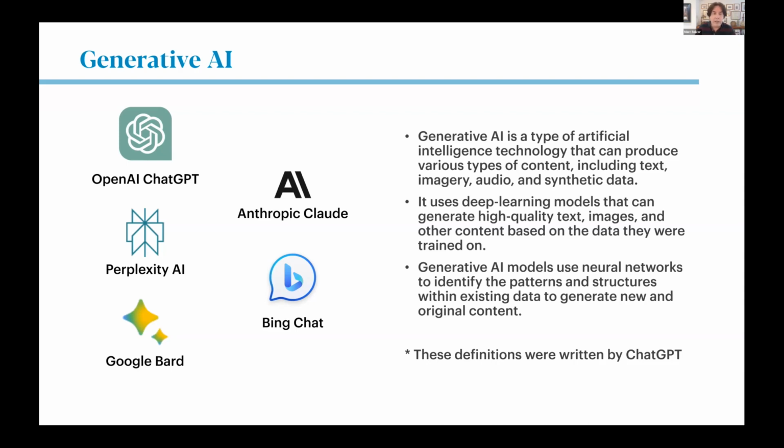Oh, you mean things like ChatGPT and Bing Chat and Google Bard and Perplexity. These are the AI tools that you're hearing so much about that basically allow you to type in a question and get a whole term paper or a thesis out the other end.